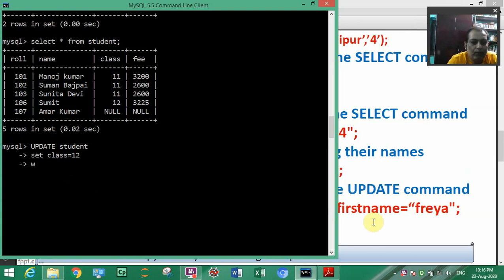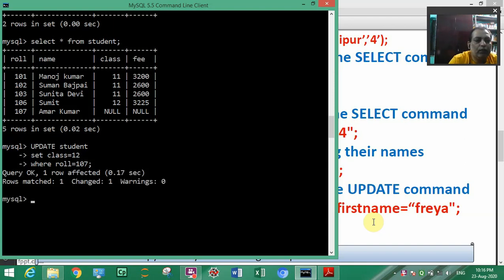Where, you can write in small as well as capital letters, where roll equal to 107. We want to make the class of roll 107 as 12. So it will update the particular field, you remember it as update.